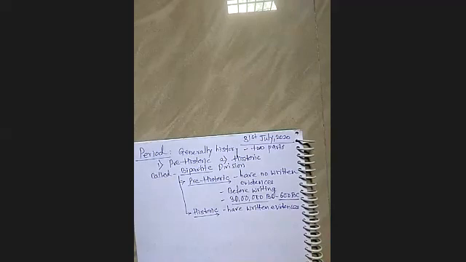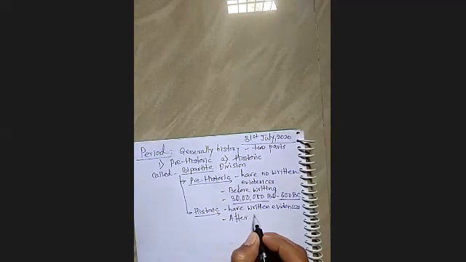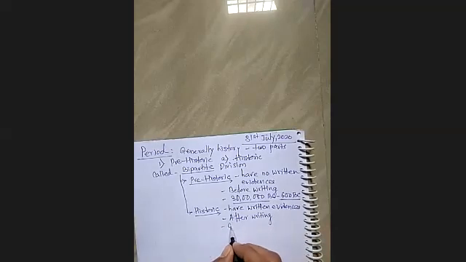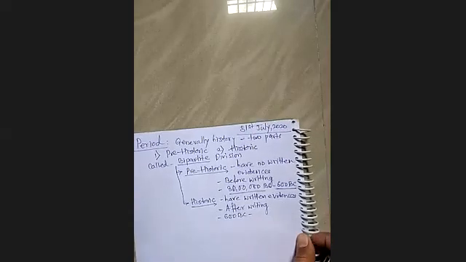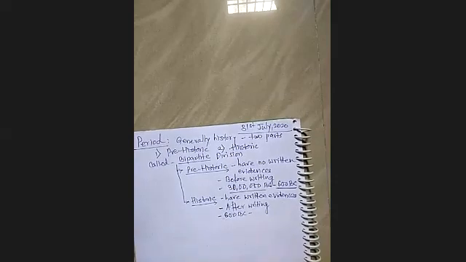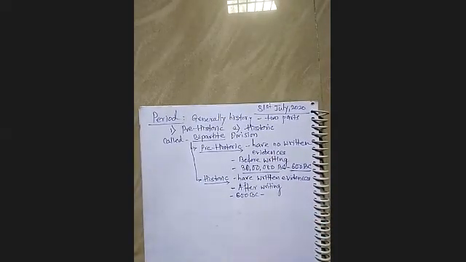Fine. So the historic period is having historical written evidence. Means what? It must be after writing. So writing must have started. Then what is the time period? So 600 BC to anybody? Apply your common sense. 600 BC to,